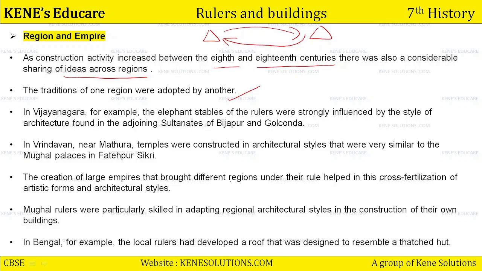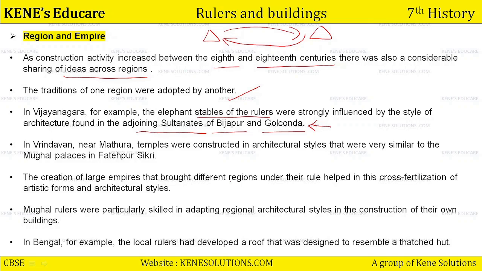In Vijayanagar, for example, the elephant stables of the rulers were strongly influenced by the style of architecture found in the adjoining sultanates of Bijapur and Golconda. So basically the idea and the style of elephant stables were adopted from the sultanates of Bijapur and Golconda. The Vijayanagar Empire found it attractive and got influenced by this style,